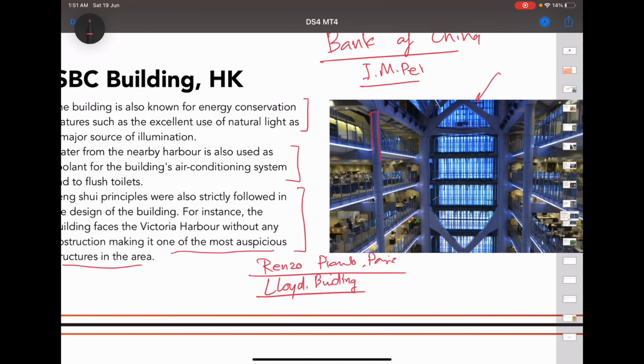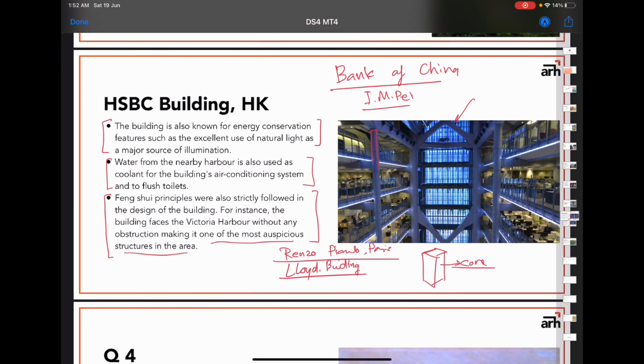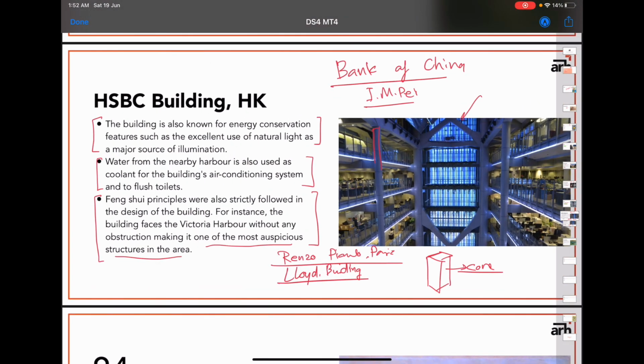Now, the idea behind these kinds of buildings is, see, in any building you have an area or a space or a volume called the core. All the elevators, all the steps, all the services go under the core, and the building is generally designed around the core. But in some experiments, Norman Foster, Renzo Piano and other architects started working on what if they take this core and expand it, or transfer it to the periphery of the building like an exoskeleton, and that also becomes the structural part of the whole building.